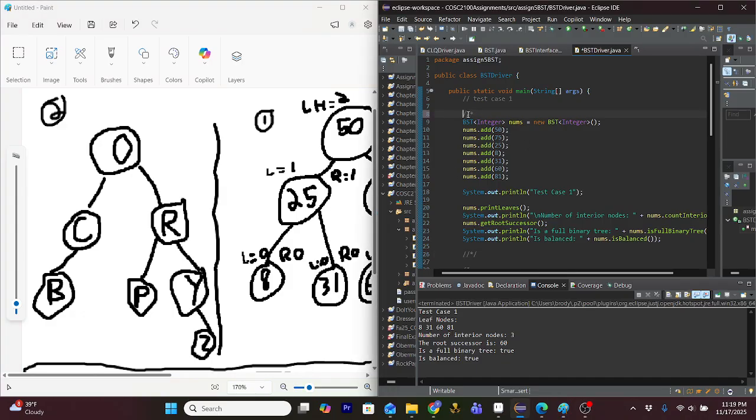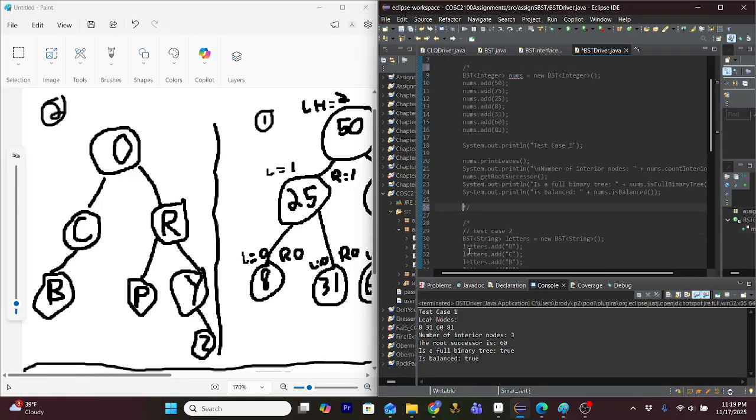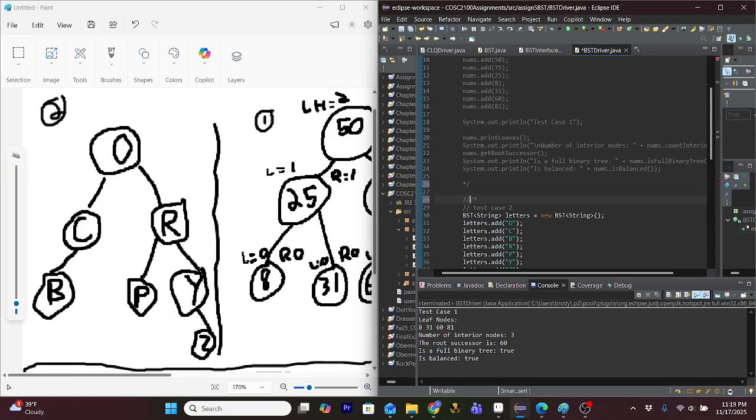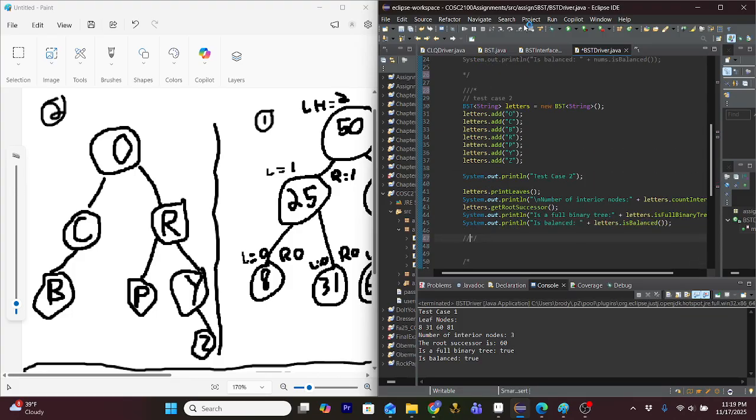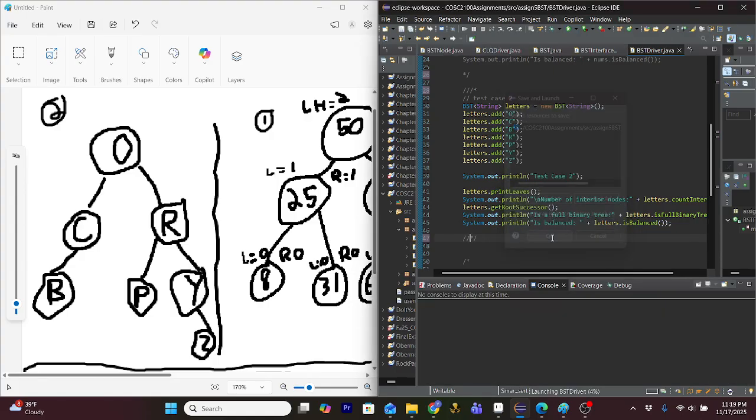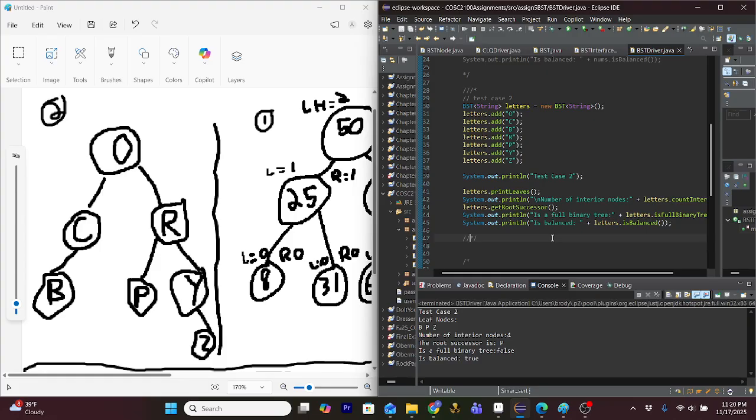Now, I'm doing another test case here with letters. The same logic follows. The characters are sorted by their ASCII values, so we could experiment with other data types here, and we just have to go quick through these. So the leaf nodes, B, P, and Z, it's on here, yep. The number of interior nodes, 1, 2, 3, and 4. They have children, yes. The root successor is P, and it is not a full binary tree as C and Y only have one child,